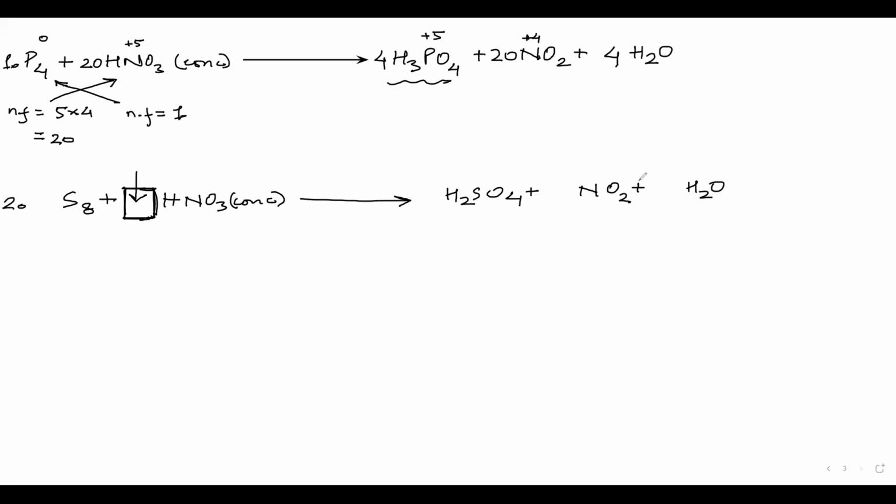You have to calculate the N factor on the reactant side, as we have calculated the oxidation state of sulfur is +6. Okay, see, the oxidation state here is 0. The oxidation state here: sulfur has X, plus you have -8 due to 4 oxygens, which is equal to 0, so X is equal to +6.